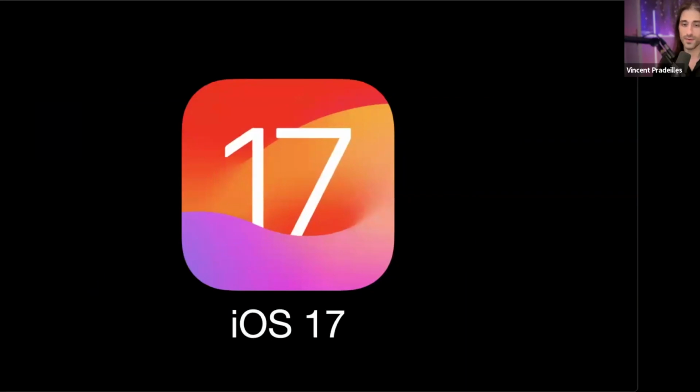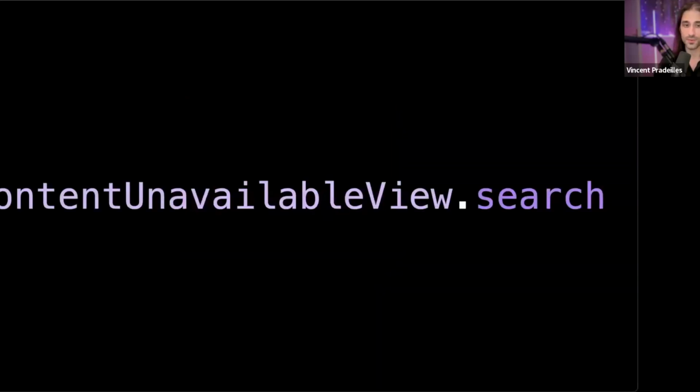Then let's move on to iOS 17. So we get into the recent stuff, but if you're fortunate to work on an app that supports the current and the previous version of iOS, it's still something that you can use today. And if not, maybe you will be able to use it starting in September when iOS 19 drops. So the first one is about content